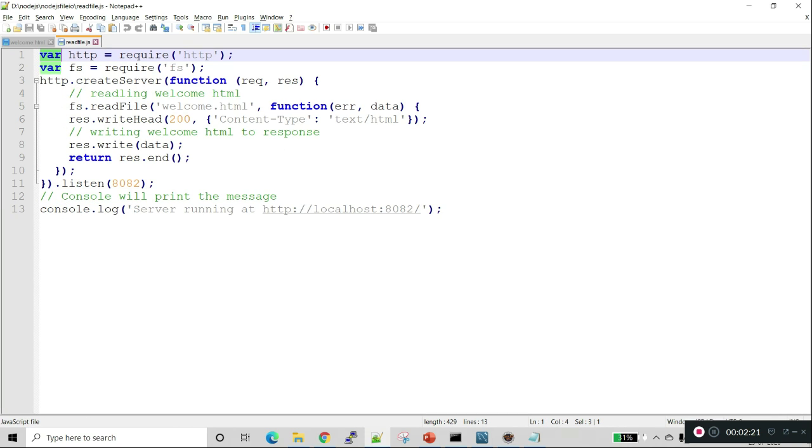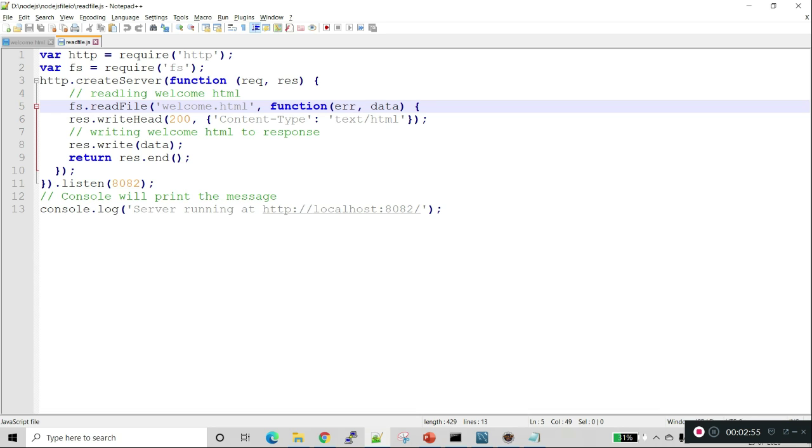So this is the readfile.js. I have declared a variable http and required http, and a variable fs. This is required for initializing the read, write and delete file, and I am reading the welcome.html. We need to pass the file name and call the function with error and data.